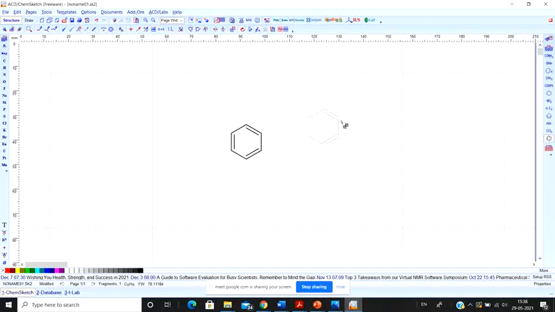Now suppose I want to add another benzene ring. I can add the benzene ring anywhere. I can add it to this particular side or to this particular edge. See, as you hover your pointer and wherever you attach your pointer to this structure, it is going to show how that molecule will look if you attach that group there. For example, if I attach this benzene ring to this edge, it will look like this. And what if I attach it to this arm? It will look like this. So suppose I am now clicking on that arm and see it has added. That's how easy it is to add a group.